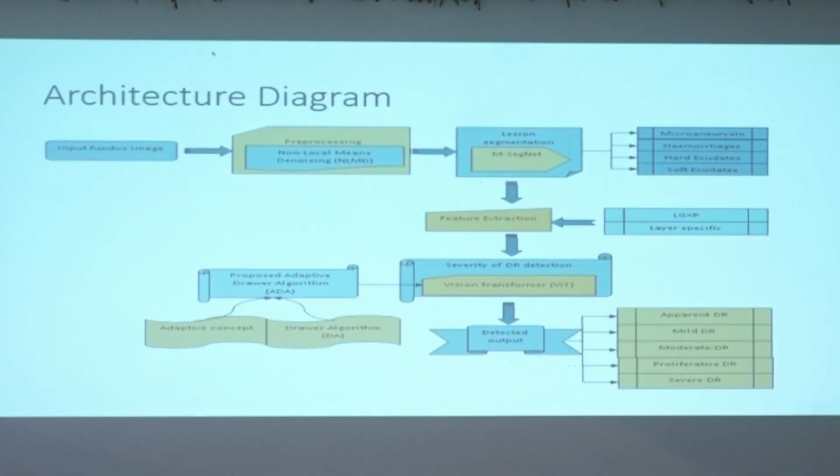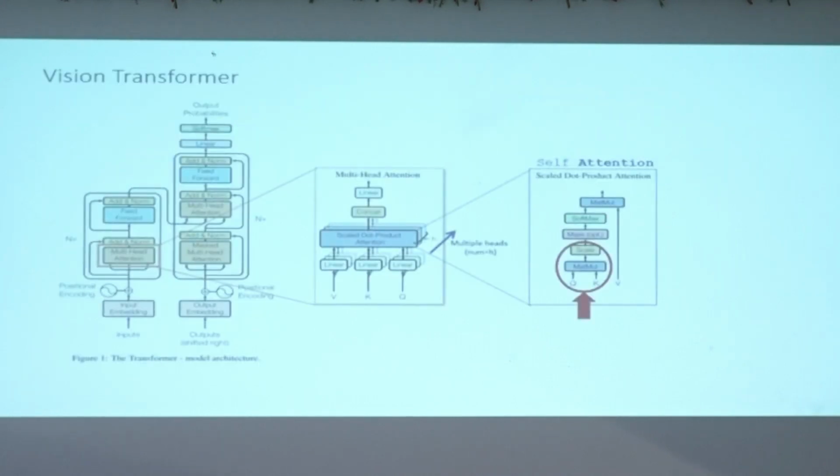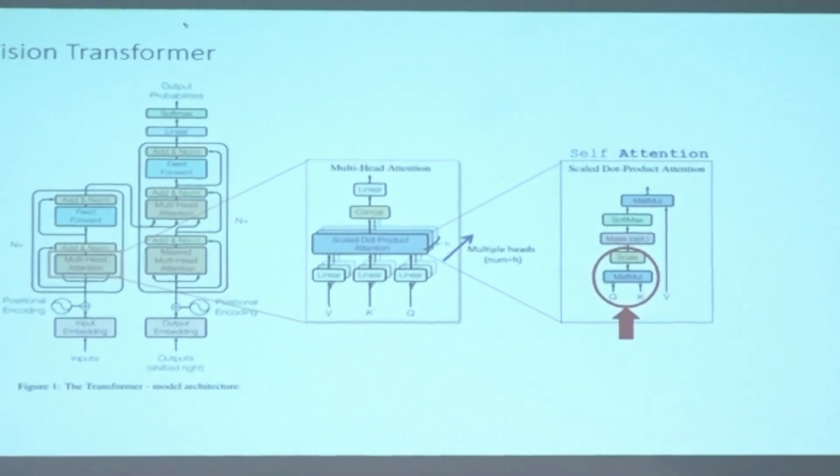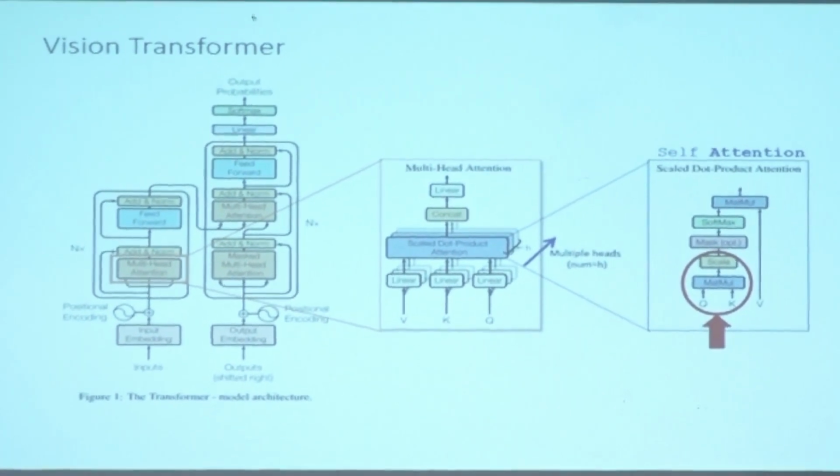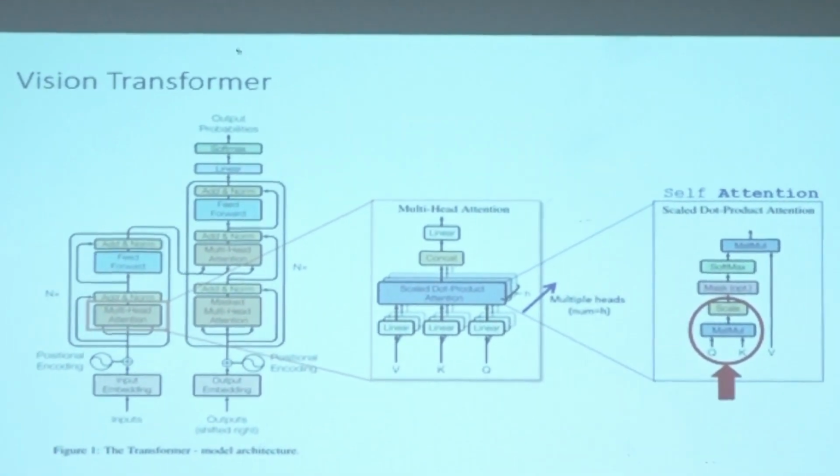From this diagram, after the segmentation takes place, we will come to the feature extraction. In that feature extraction, I am taking features like smoothness and uniformity. From there it will come to the vision transformers. Basically a vision transformer is a combination of the encoder block and the decoder block. In the encoder block we have a multi-head attention network and the feed forward network. The multi-head attention network is nothing but a group of self-attention networks.